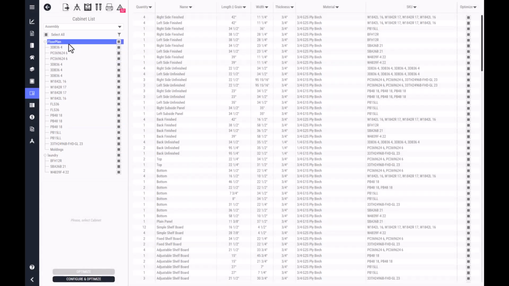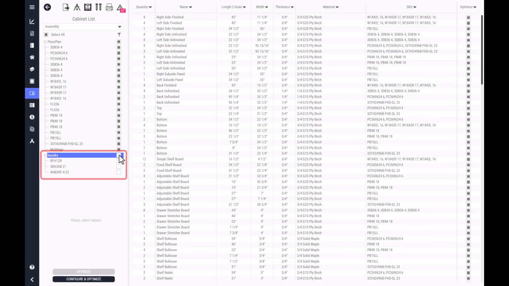If you would like to print a single cut list per room, you could disable the second room by selecting the grayed out box next to the room's name. Once the grayed out box is checked, you'll notice the laundry room is removed from the cut list, leaving only the kitchen floor plan. Across from the Select All icon on the left side of the cut list is a